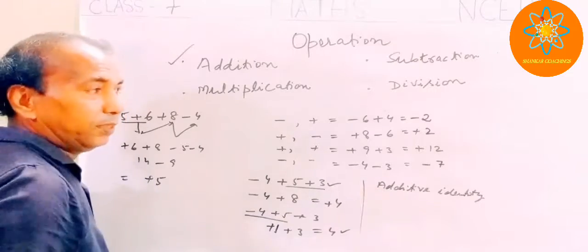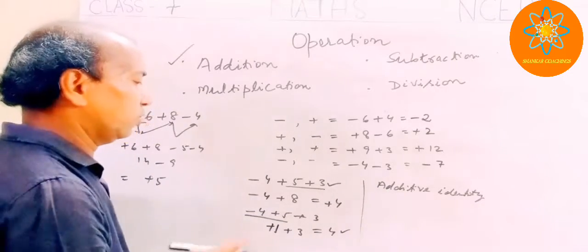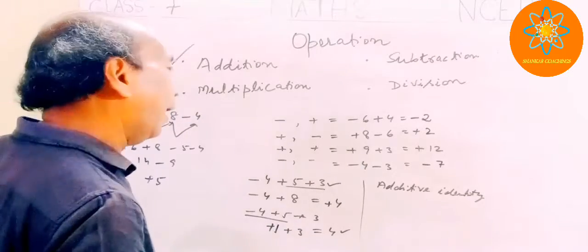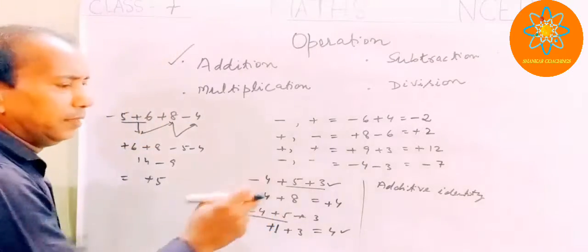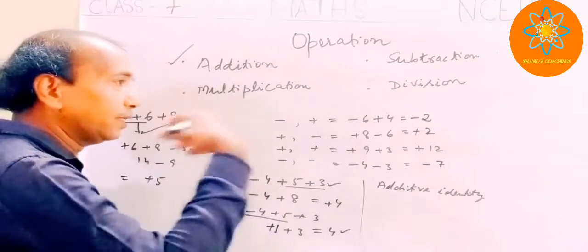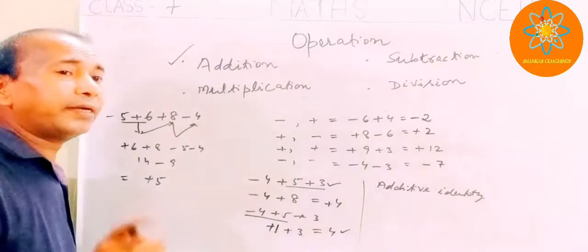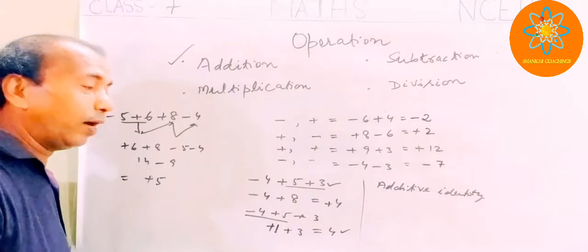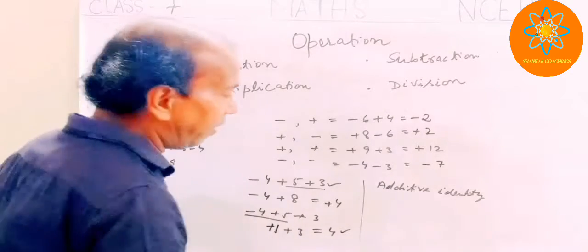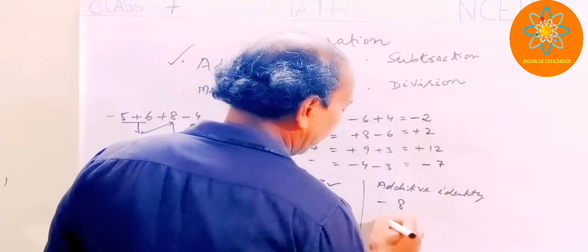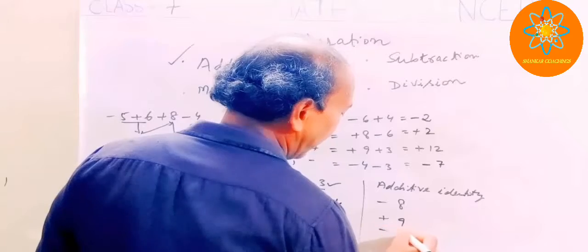Additive identity means you have any integer, and you add another integer, and if you get the same result, the same number, then that number is called the additive identity. For example, I have -8, then +9, -3,